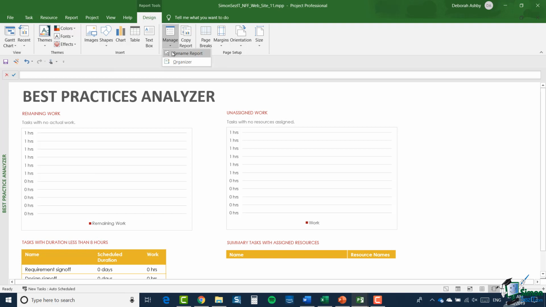So I could rename this report, and I could also hop into the organizer. And of course, reports are one of the types of elements that you can manage within the organizer. I also have the opportunity to copy a report, and that gives me the option of pasting it into another document. And then I have the page setup group where I can do things like change the size of the